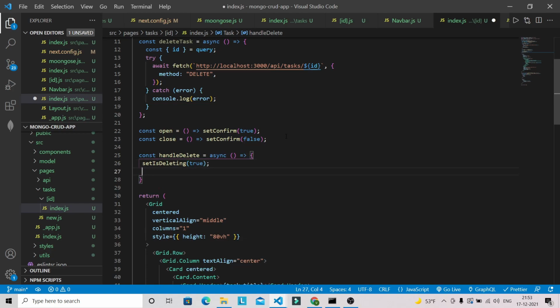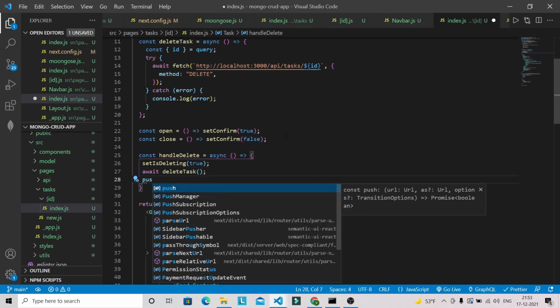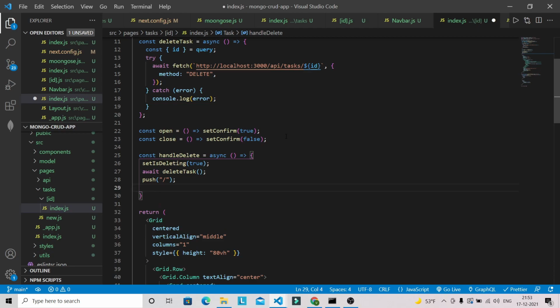After that we can await deleteTask. Okay, and once it is deleted, then we can push towards the home page, and then we want to close our modal as well. Okay, and here also we can put await.